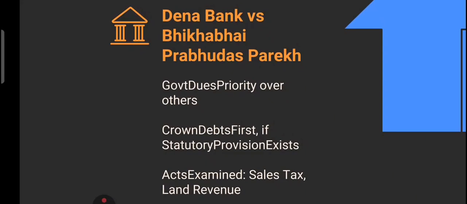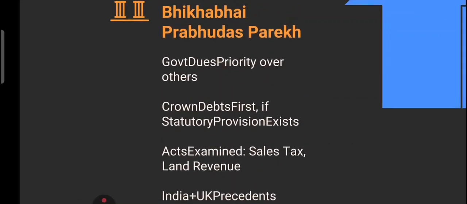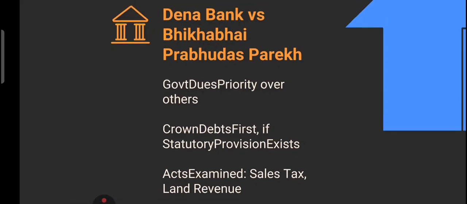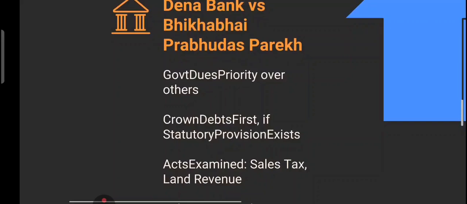This case highlights that government dues get top priority when it comes to repayment, and this is called crown debt. So a question may be asked, what is the meaning of crown debt? Crown debt means government dues get top priority. But remember, this priority only applies if a special legal provision exists. The court studied laws like the sales tax and land revenue act, and even used precedent from both India and UK